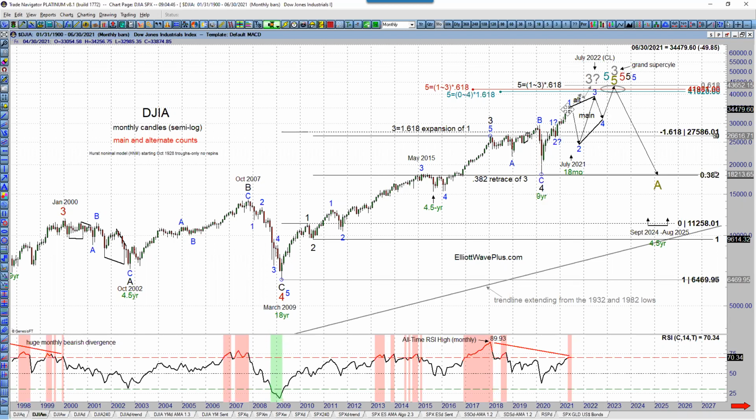One is that wave 1 in the Dow Jones Industrial Average is finished or very nearly finished now, and that we would get a relatively significant pullback for wave 2, and then we would get a 3, 4, 5, and what we would end up with would be an ending contracting diagonal. That continues to be my main count.